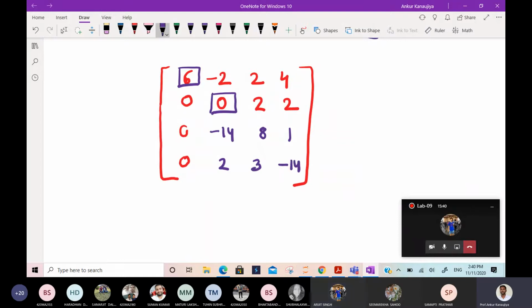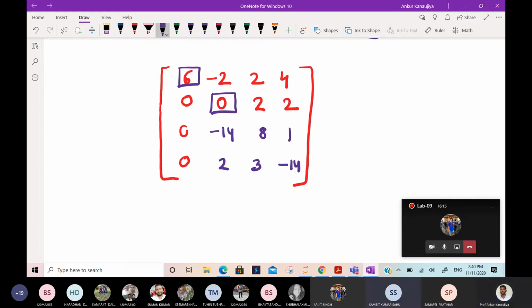So now you can see clearly, if we want to make the entries minus 14 and 2 zero, we cannot do it with the help of this pivot. These are called the pivoting entries at the diagonal. The 6 is the pivot element here. Here 0 is also a pivot element. Then something will come in the third row. So with the help of 0 we cannot make it. So now what will we do? Can anyone tell what we'll do to solve this?